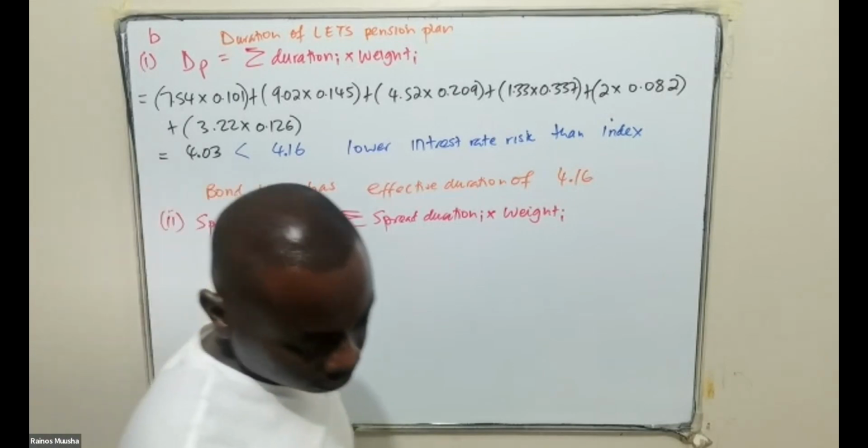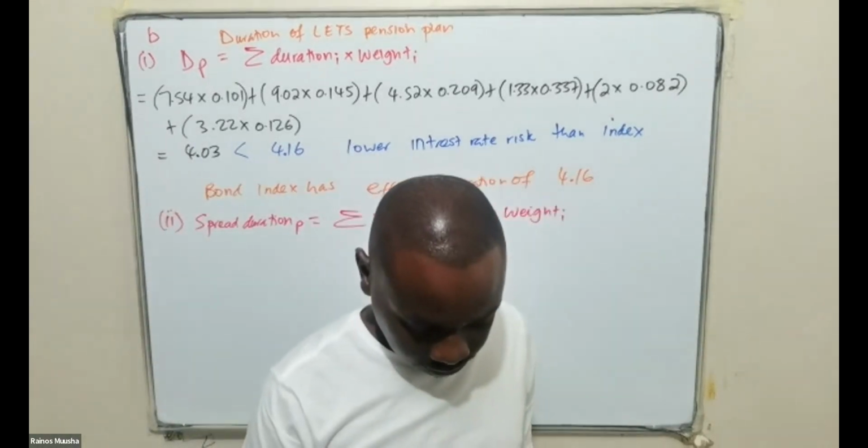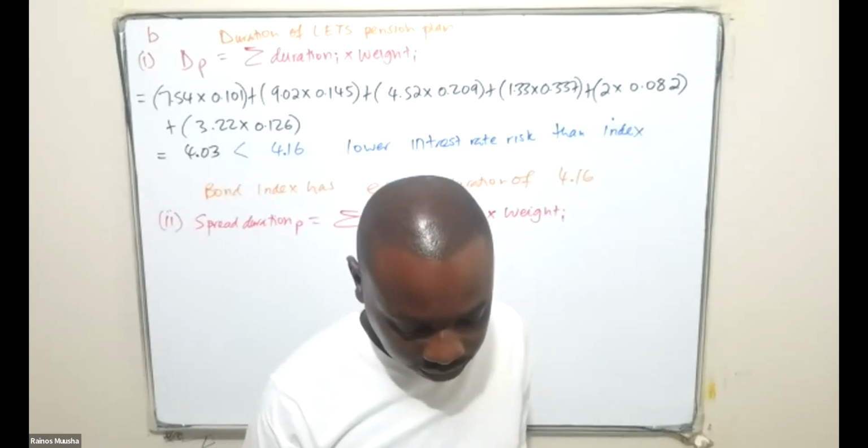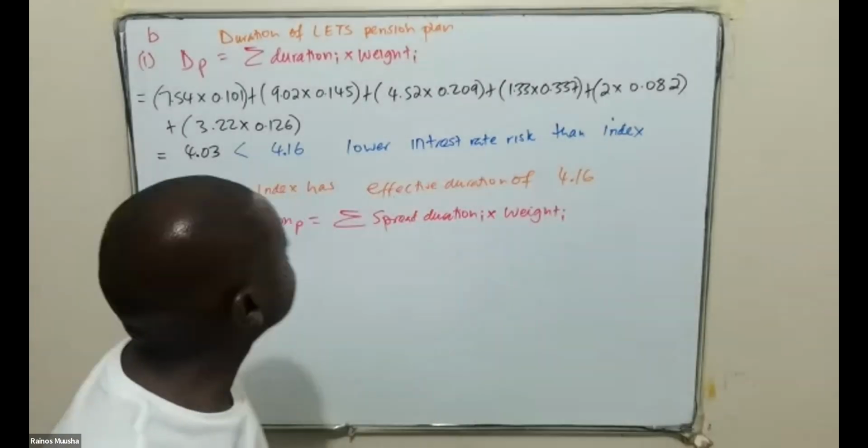So if you check on the question, we are told that when you look at Woodlands Grove, these are the weights, and this is the spread duration of Woodlands Grove as well. So we're given the spread durations and we're given the weights as well. So given this information, the spread duration of the portfolio will be given as